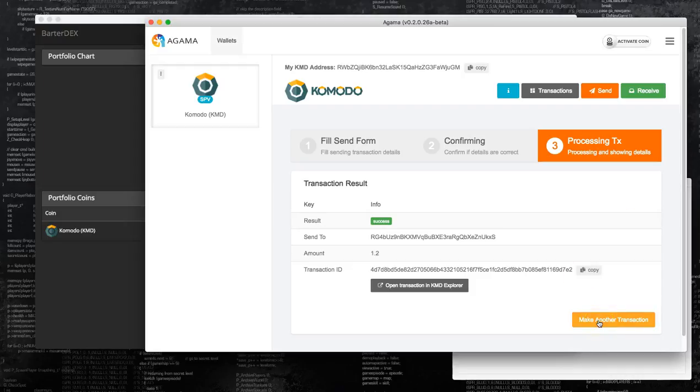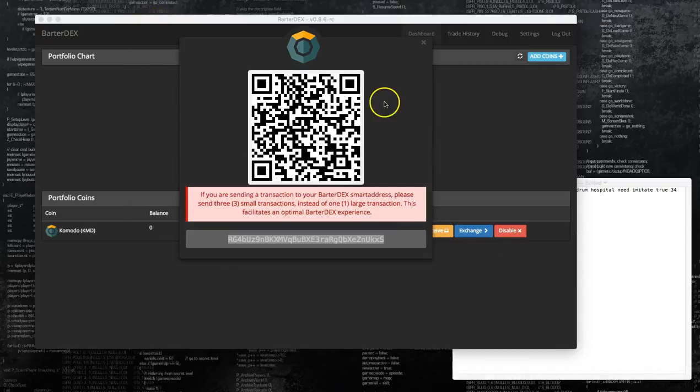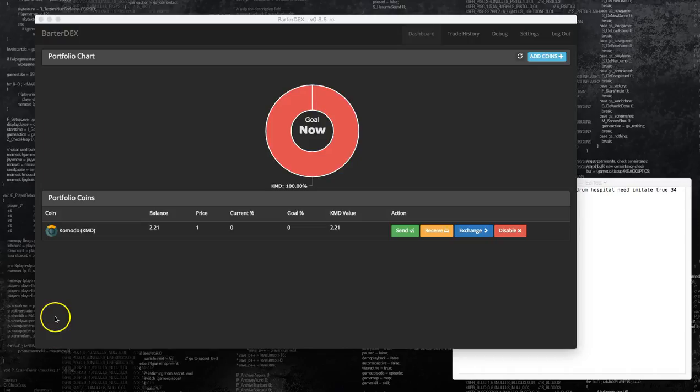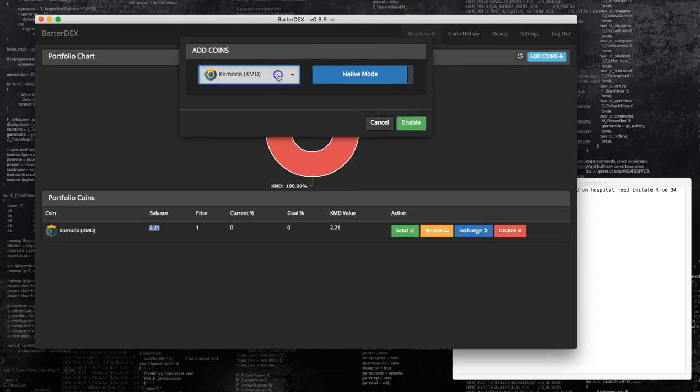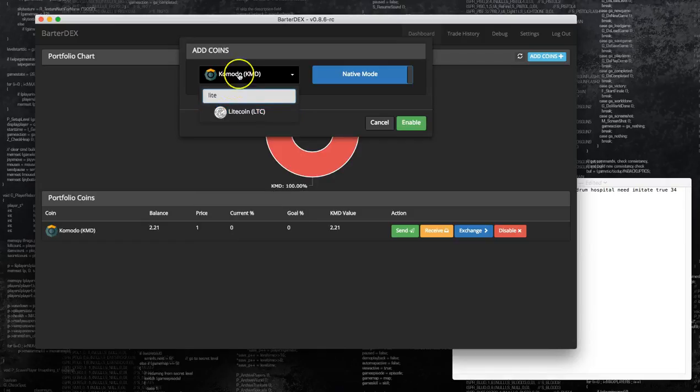So now our BarterDEX is funded, and I'm going to log out of my Agama, and I will wait until the BarterDEX balance is updated. Okay, so once the balance shows up, you should be able to activate other coins, and I'll show you for demonstration purposes. We can activate, let's say, Litecoin,